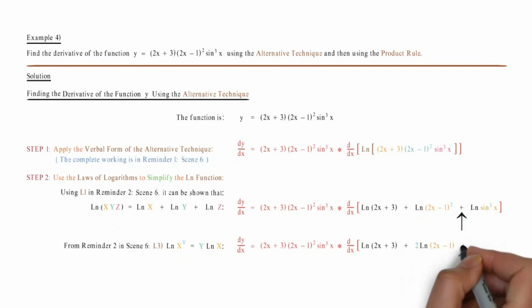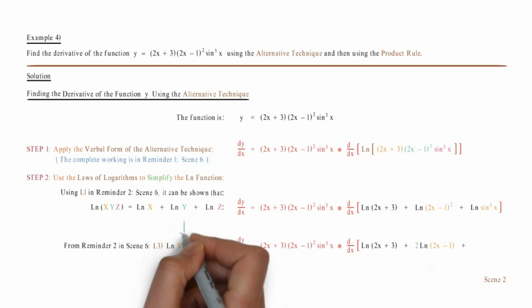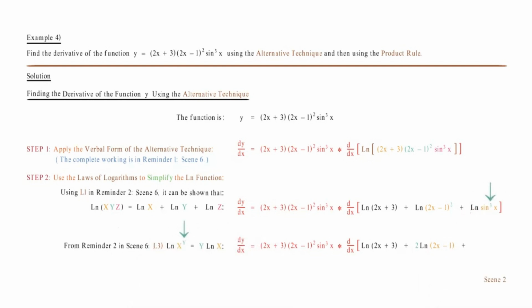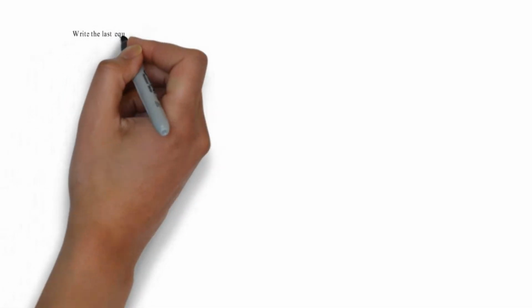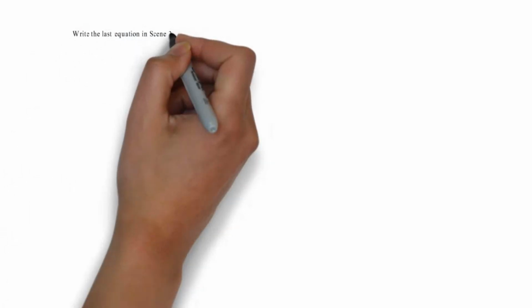Plus is plus. Since y is 3, replace y with 3. Since x is sine of x, ln of x is ln of sine of x. To review the above working, you should pause this video now. Write the last equation in Scene 2 as